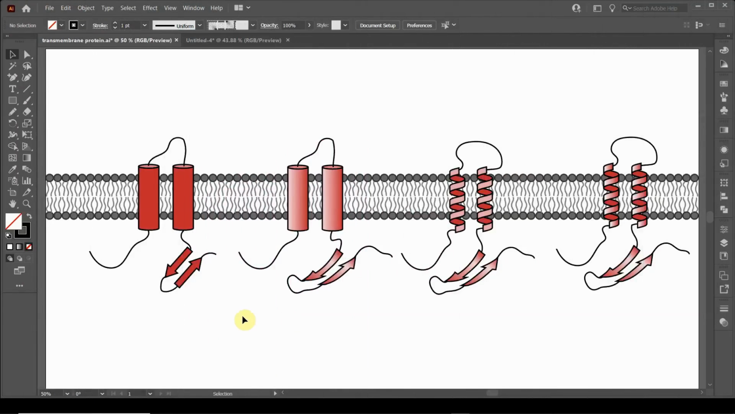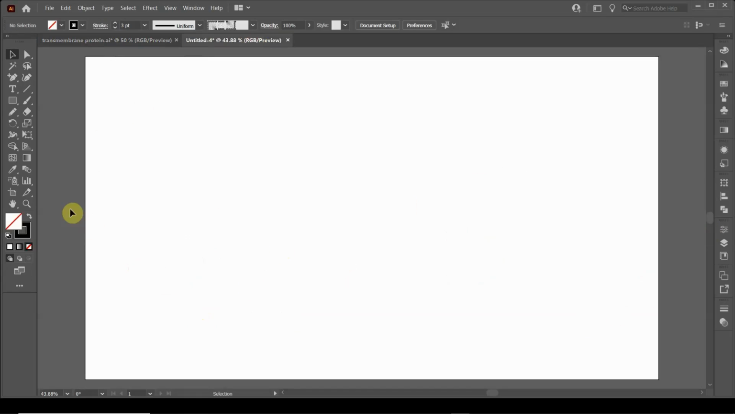In this video we will learn how to draw a transmembrane protein, starting with the most simple representation and working our way up to the more complicated representations. So we're going to start with a new window, a new document, and we're going to first create the lipid bilayer. So I'm going to draw a horizontal line,